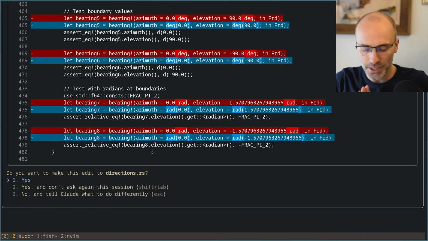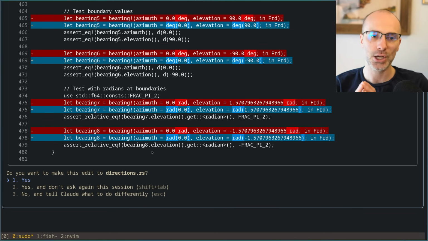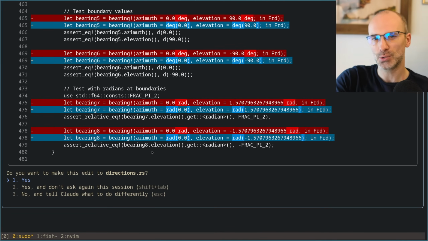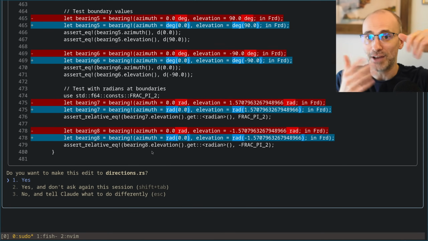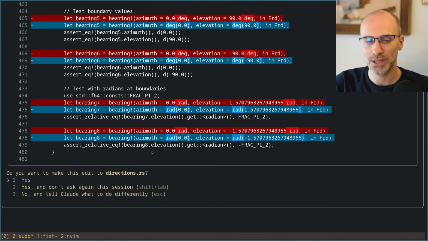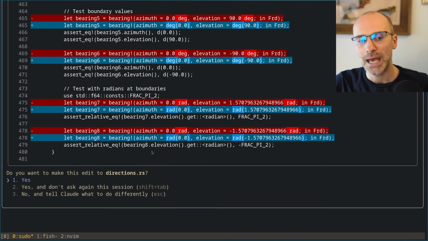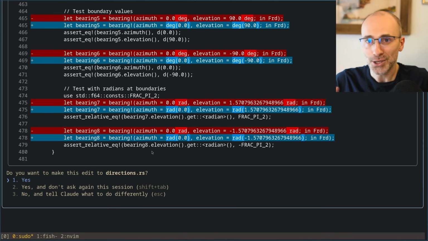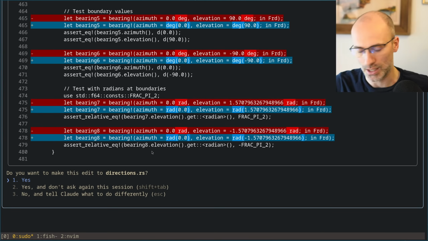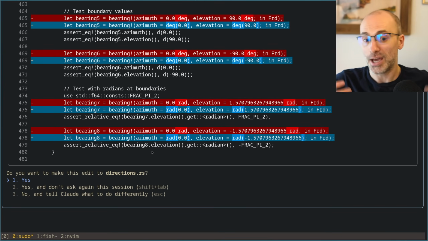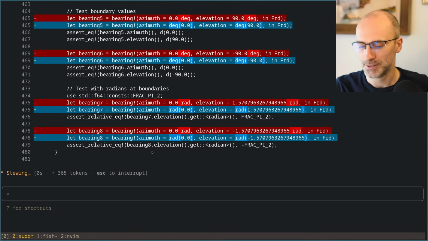What was I saying? Oh yeah, the nice thing here is that when I change my mind, like here where we realize that you can't use the suffix approach because then it has to be a literal, it can't be any expression. And it'd probably be nice to be able to use expressions, so that you can write 45 divided by 2 as the degree you give in. And I could just tell it to do that differently and then it would do it. I could obviously go change it manually or use a grep or something to replace it. But this way I don't have to, which is nice.